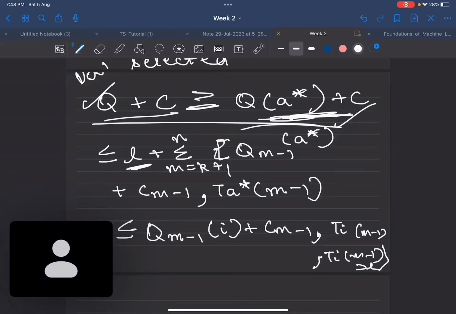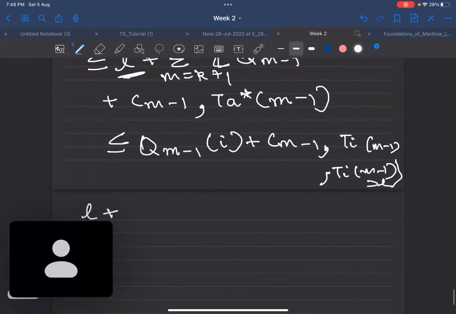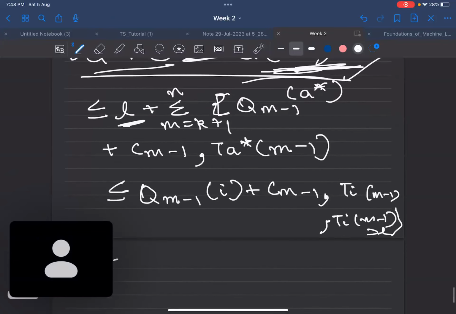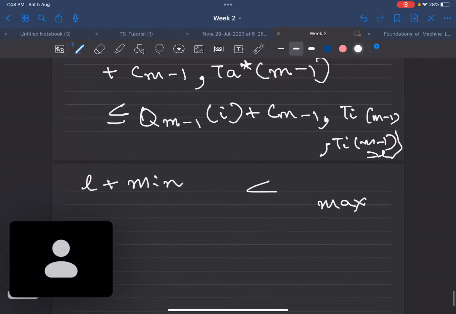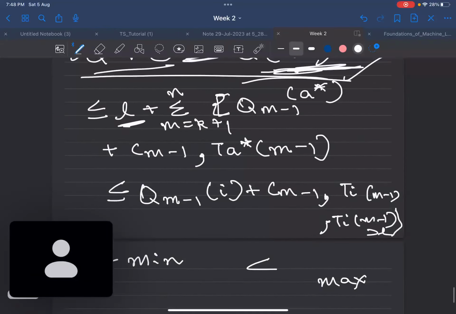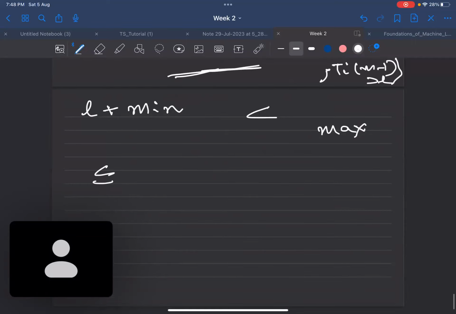Should I proceed? Yes, ma'am. I think it's getting somewhat confusing. So let's proceed. The same thing: if I'm saying that this is greater than that one, can I say that min is greater than max? Nothing. If this one is greater, obviously the max of this one would be greater than this min. Am I correct? Yes, ma'am. So now going forward,